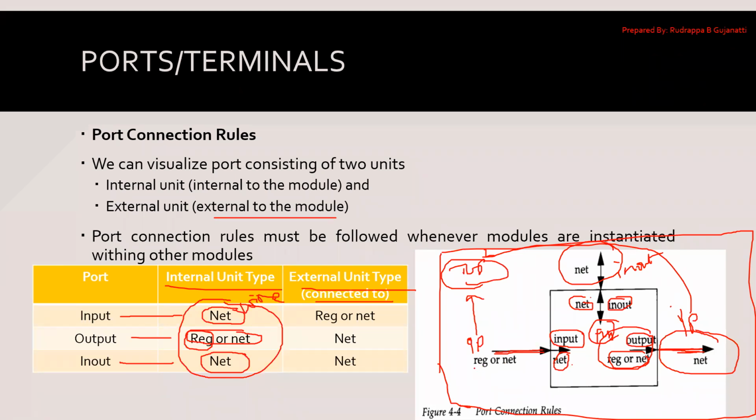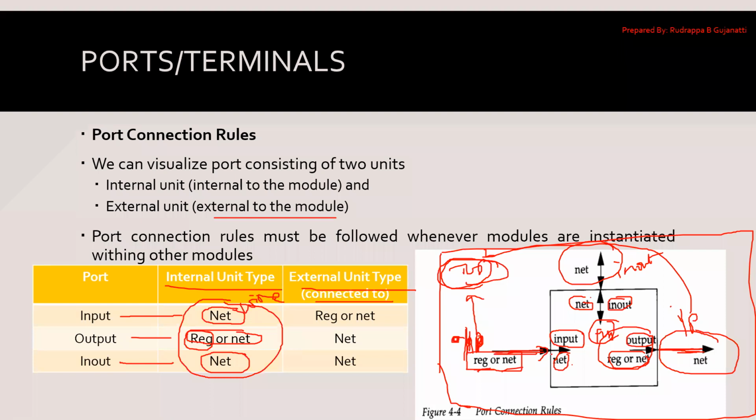So when it is accepting the data, it's possible this thing would be register or net data type. How do I remember it? If I just compare it, this is the output which is taken from the top level module and given as input to the lower level module. So it is output. With respect to an output port, it can be either register data type or net data type.